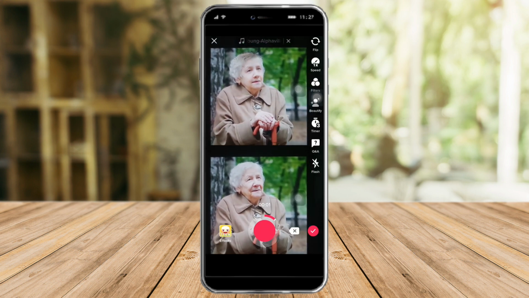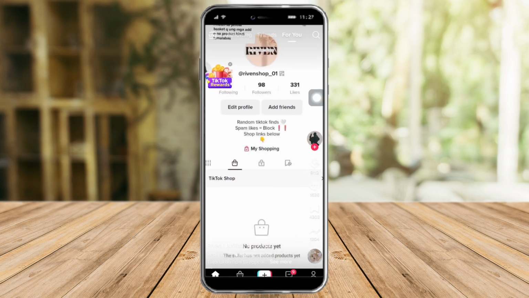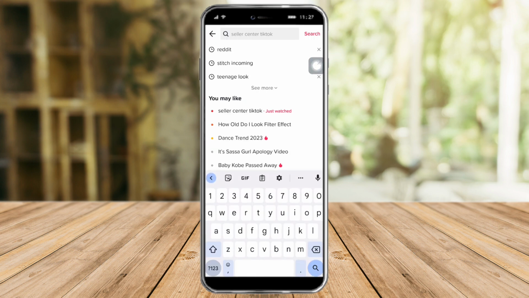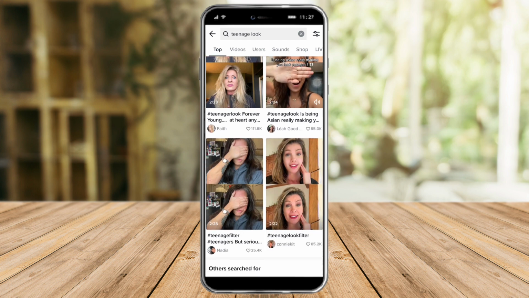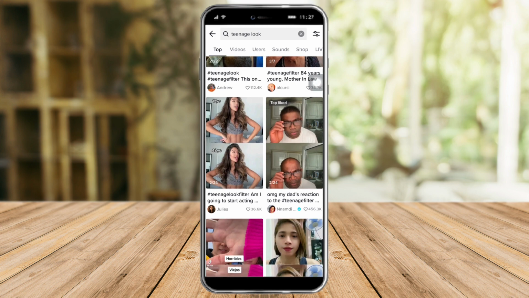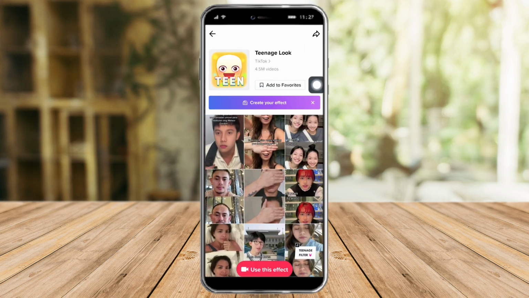So the second method is, let's head over again to our home page, and you can see here the search icon. Just click that and you just need to search teenage look. So once you're in there, you can see the filter that we used earlier. You just need to click that again, and also you can see a lot of videos that are using that specific filter because it is quite a trend right now. So just click on that filter again and you can see this here. Just click this use this effect,